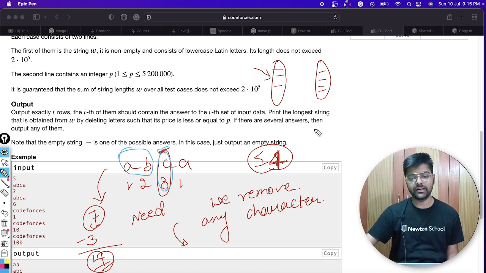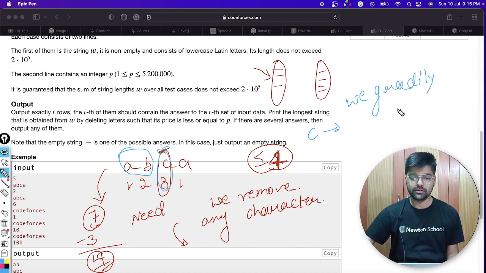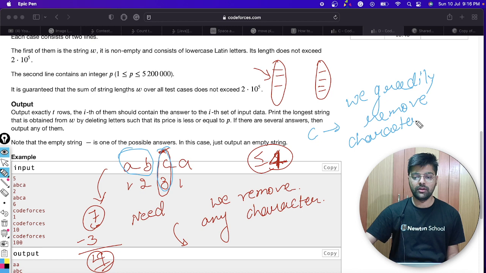The better character will be C, so we will greedily remove the character having the max score.